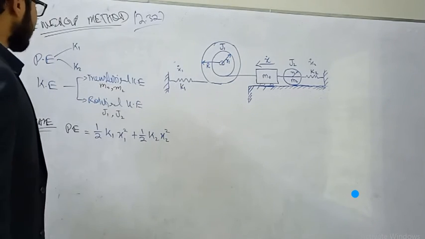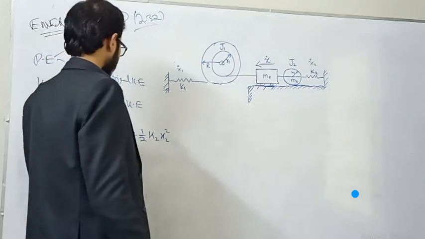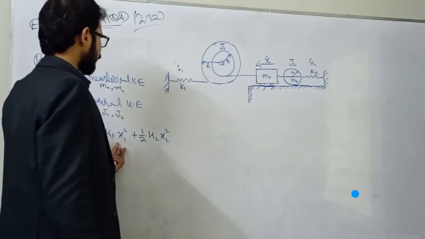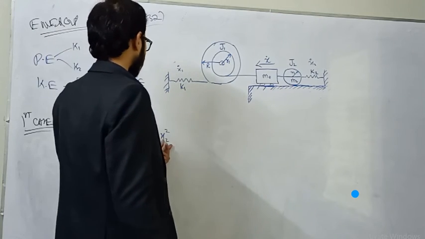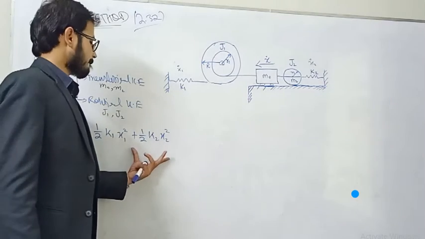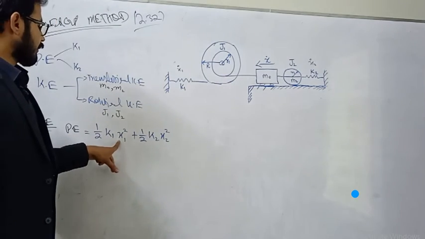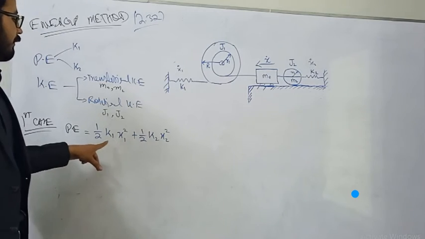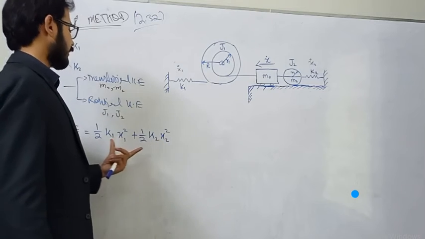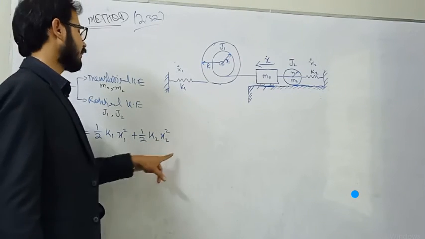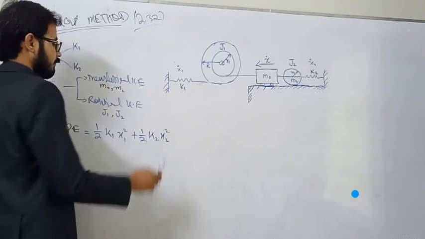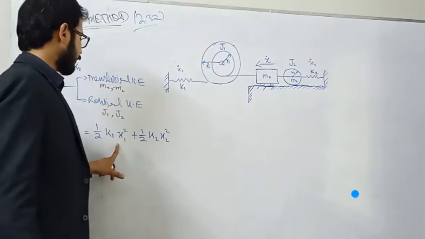Now the need is to convert these translational components x1 and x2 into either rotational or translational components, but the variable should be the same. For example, if I convert this equation into a rotational element, the variable will be theta, and it should be the same on both sides. It should be theta on both sides. It should not be like theta 1 here and theta 2 here. It will not be correct. So we have to create the variables.